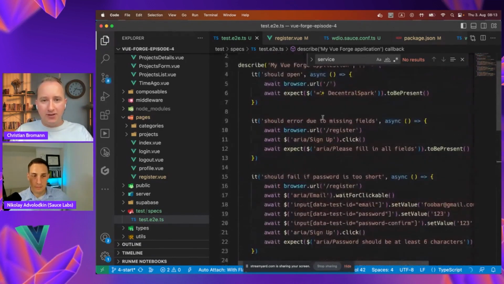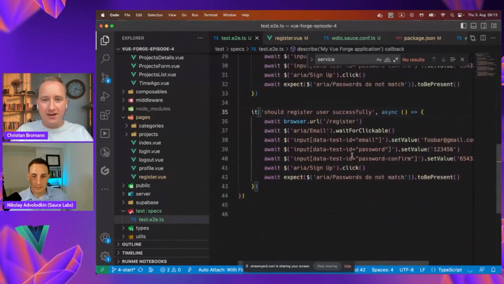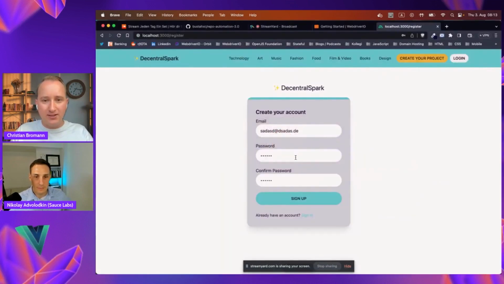Make sure that you update your test names or labels so that you can identify which tests you are running. So what happens if we actually register a user? So 6, 5, 3. Let's do 1, 2, 3, 4, 5, 6. Very secure password. Sign up,